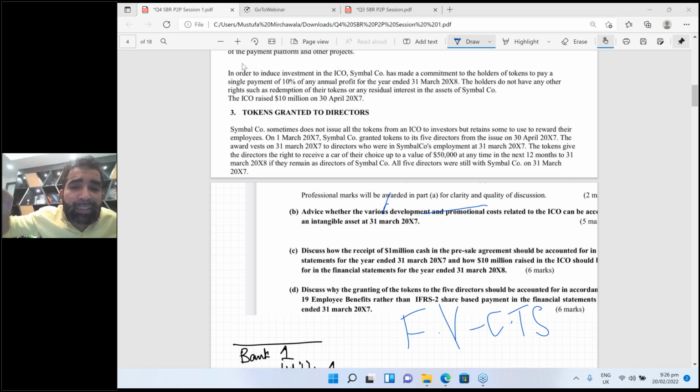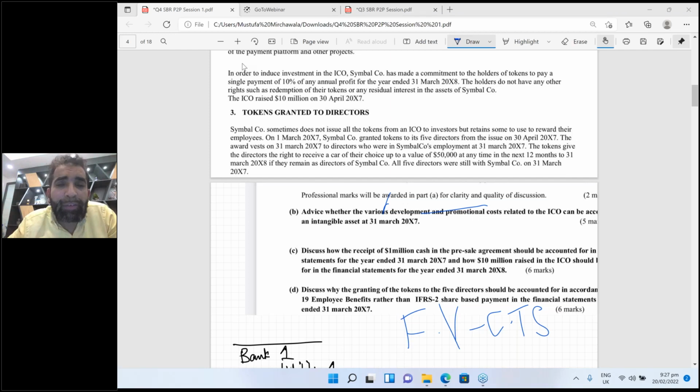You have to show a reconciliation. Even in IAS 16 disclosure, it is written that you have to show a reconciliation from opening carrying amount to closing carrying amount, opening NBV to closing NBV. So the same is the requirement with IAS 38. You need to show a reconciliation of opening intangible assets to closing intangible assets. You need to report all the movements, upward or downward, of that intangible asset.